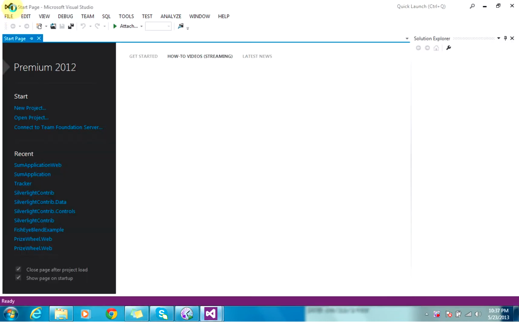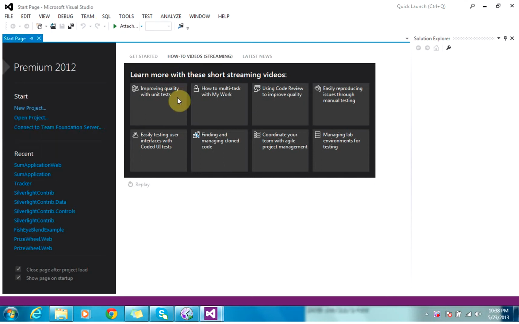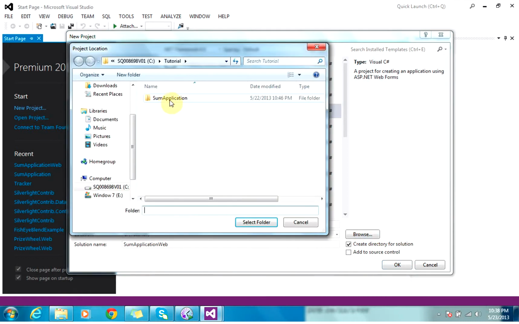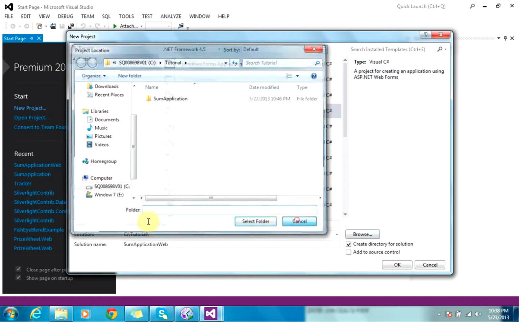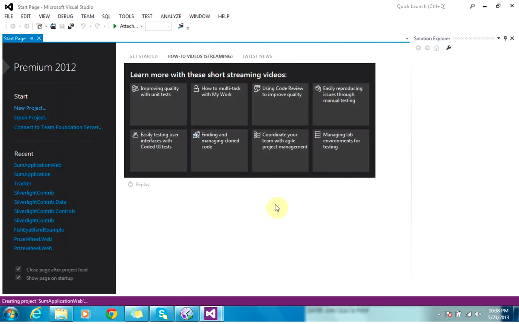So I'm just opening my Visual Studio the similar way. If you remember project, but here I will select a web application. Here you can give a name, like we did for a window application, and it will go in a C tutorial. If you see, this time, if you have only some application, which is the last one, I'm going to create some web application. Make sure you have selected a web application, so click OK.